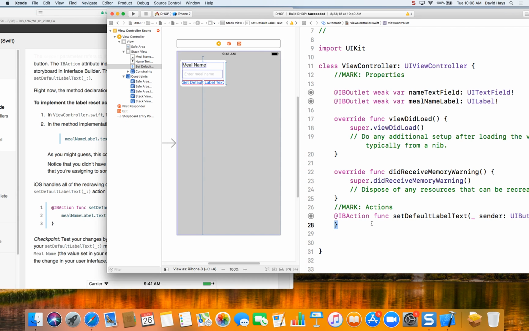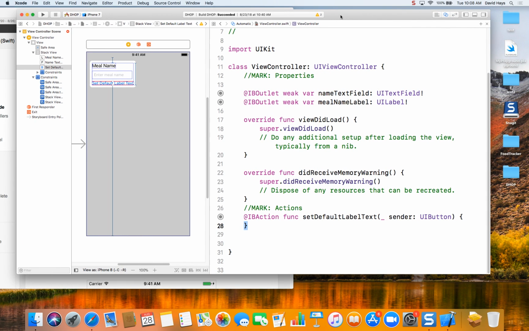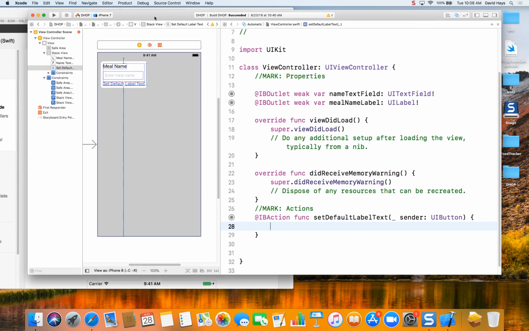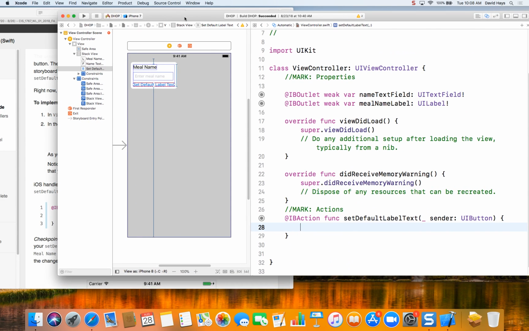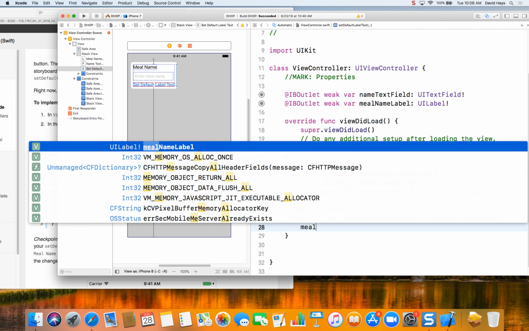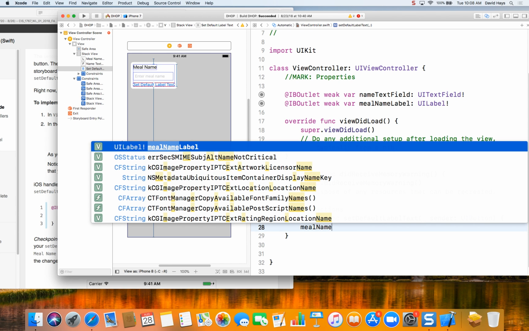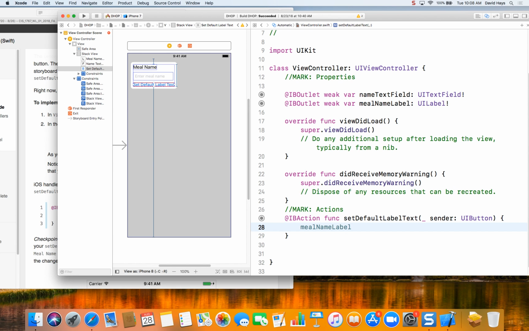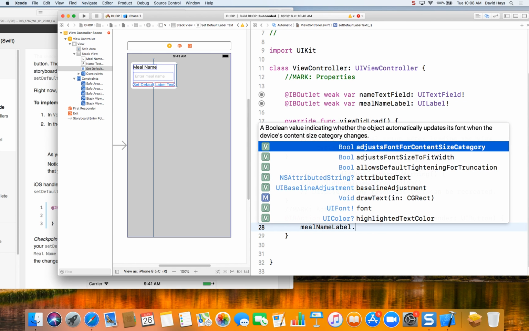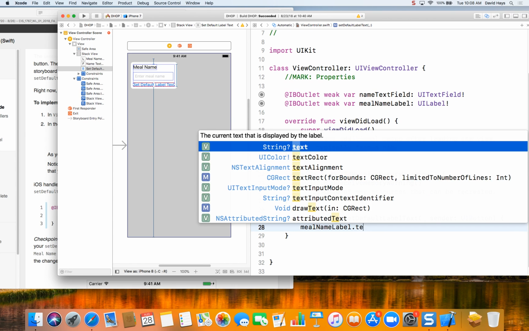Okay, so I come here and I'm going to scoot this over. You want to press enter after the beginning brace here. And it tells us that we're going to type in meal name label. So meal. As you start typing it, look what pops up. It's a name you defined, isn't it? Yep. So if you tab twice, it'll fill in the name for you. And then you do a dot text